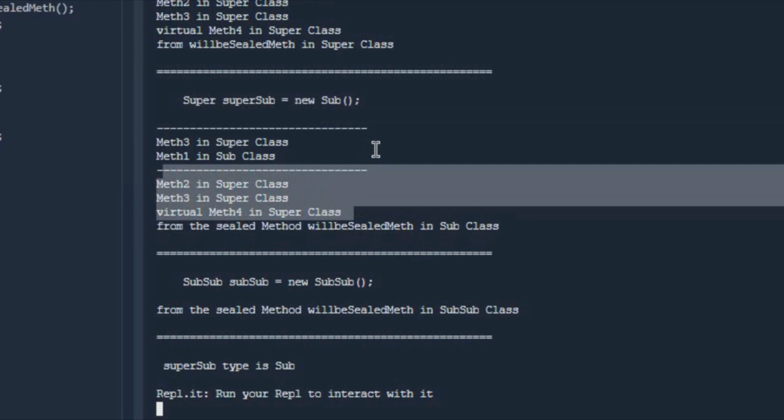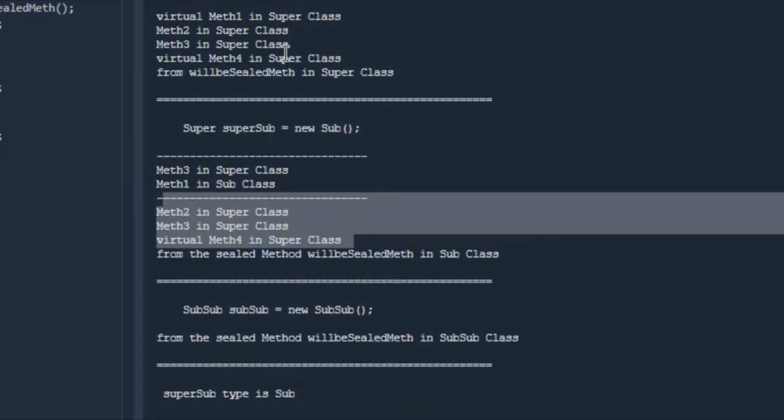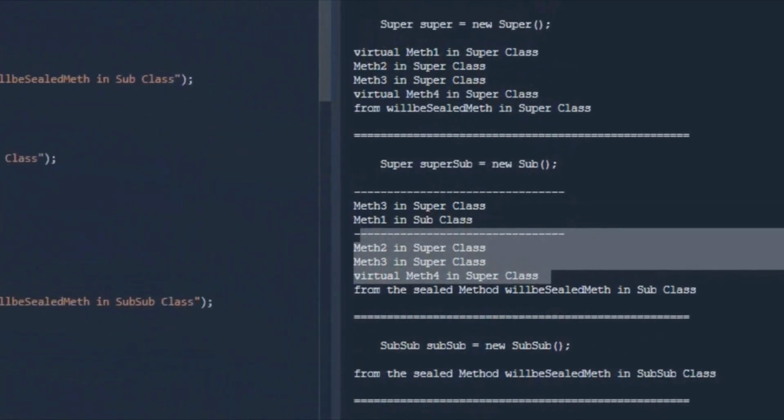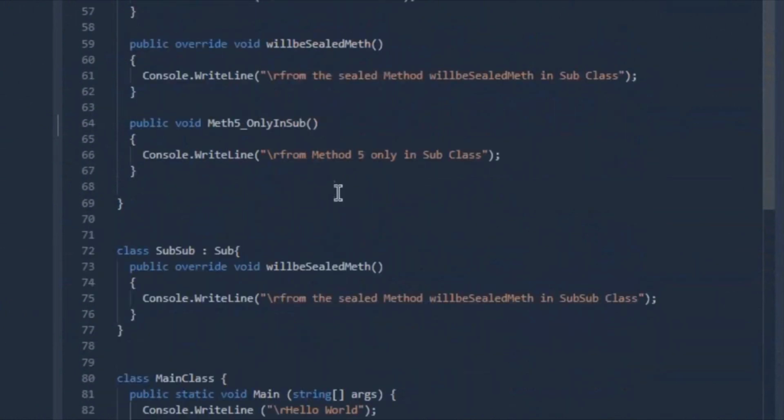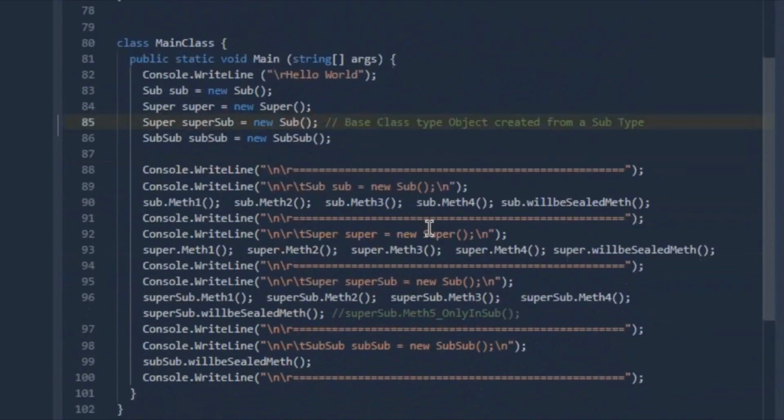I would also like to finish by saying something about what I wrote in this code here. In method 2 I add this method here, which is method 5 only in sub. If we instance these methods and call them from the code in the main class, now it is commented here, but if we call this method, we are going to have an error